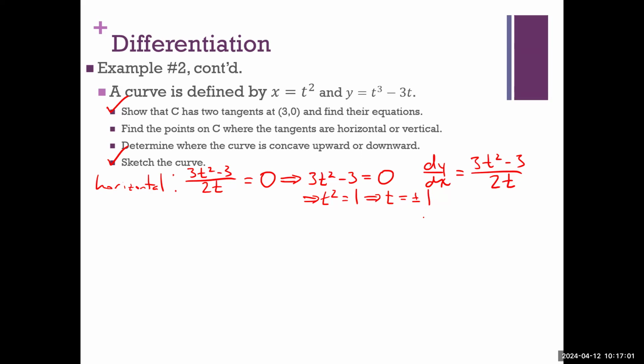Is this thing actually defined for those t values? Basically, what we want to watch out for is the 0 over 0 situation. We don't have that, right? So at these t values, we really do have a slope of 0. So we found these t values, but what we really want to find is the